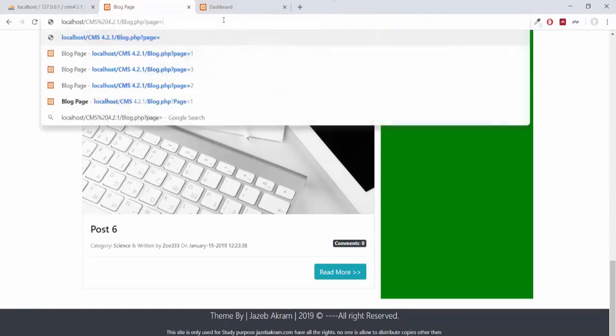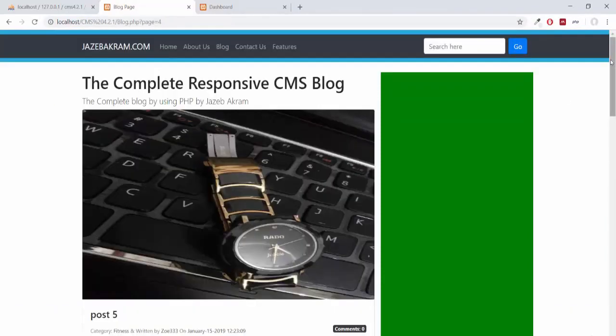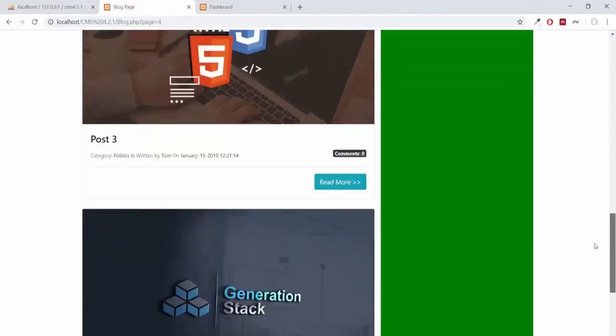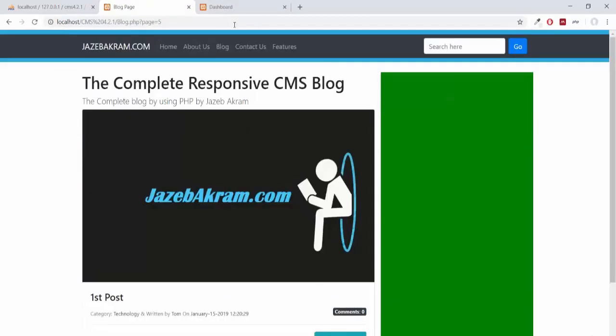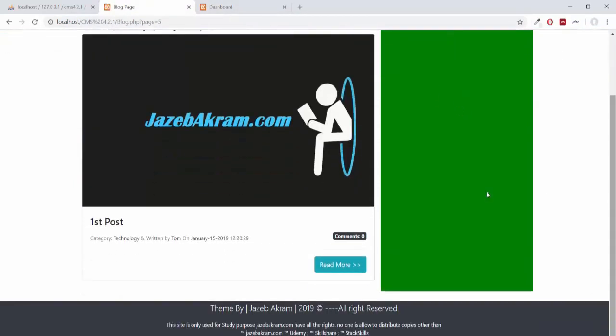If I give it 4, posts 5, 4, 3, 2, and if I give it page 5, we are showing the rest of the posts.